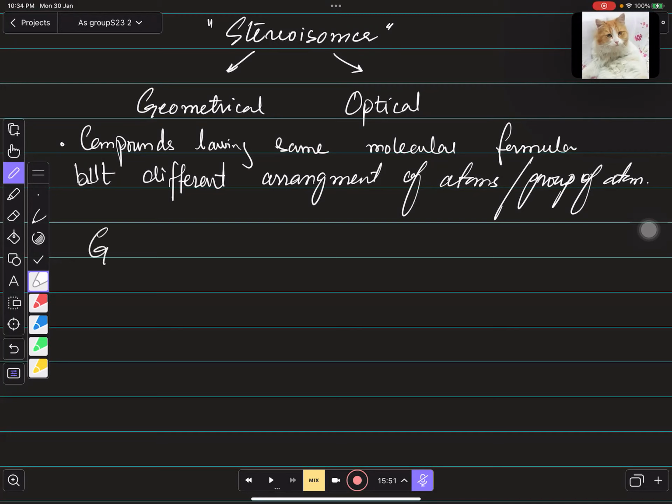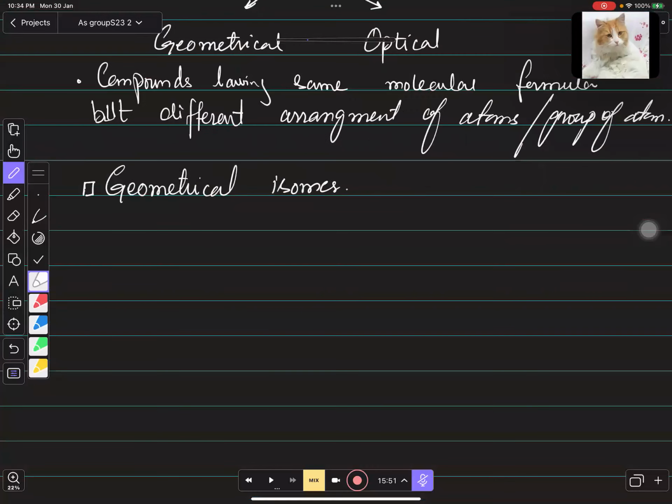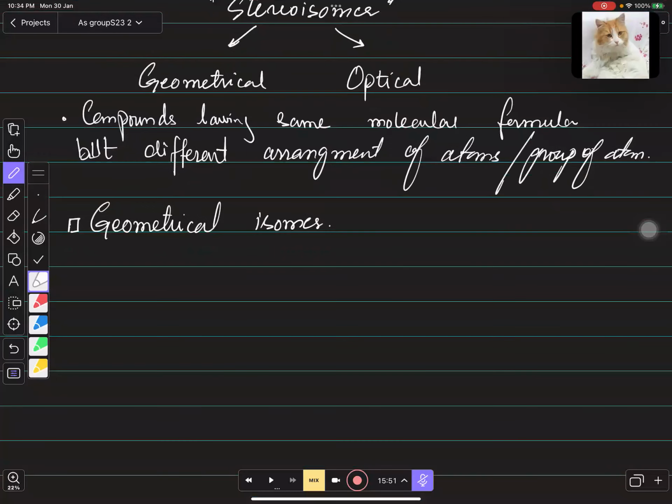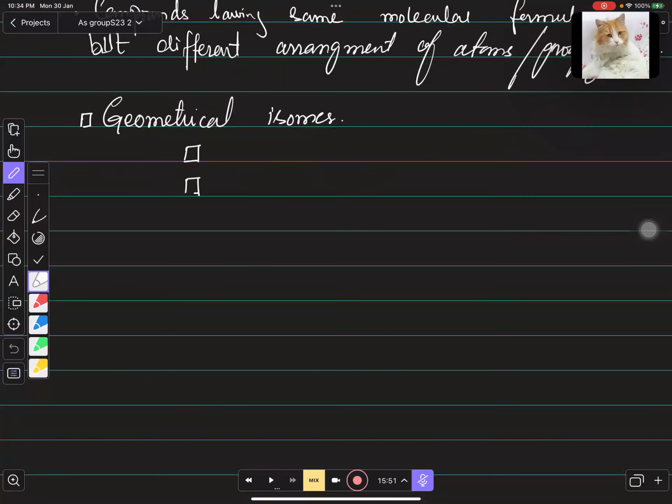So if you talk about geometrical isomers बच्चों, तो in geometrical isomers we have 3 things compulsory over there. 3 चीजें हैं आपके पास जो कि आपको फोकस करनी है। geometrical isomers में we have 3 things that we need to discuss. और अगर वो 3 चीजें कोई भी कंपाउंड फुलफिल करता है, then that would show the geometrical isomers, right? और जिसको हम क्या बोलते हैं, cis and trans वाले isomers,